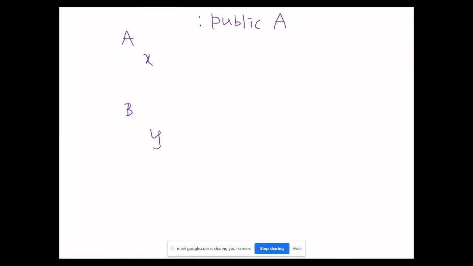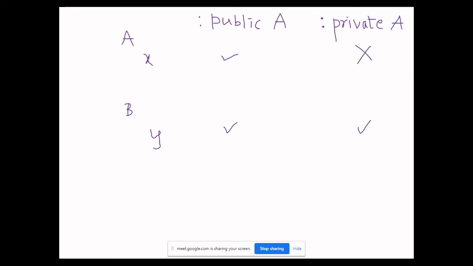So in this case I could access x as well as y, but the moment I changed it to private, I wrote it as private followed by base class name, I could access y, no issues with that, but this x is not accessible now.